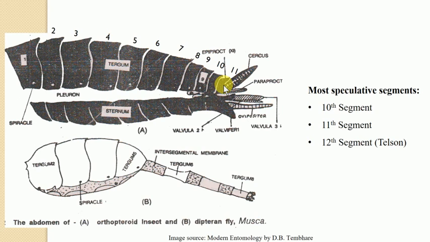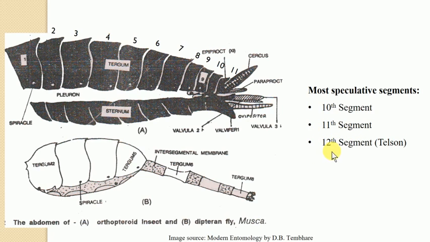So in the highly evolved or holometabolous insects, this 11th segment is well evident in the embryo, but in the adult condition it is not present. As we have already learned, the 10th segment in holometabolous insects represents the last abdominal segment, that is segment number 10, and hence in the adult condition the 11th segment is absent in holometabolous insects. But in the embryonic condition, the 11th segment is always there. So this is about the 11th segment.